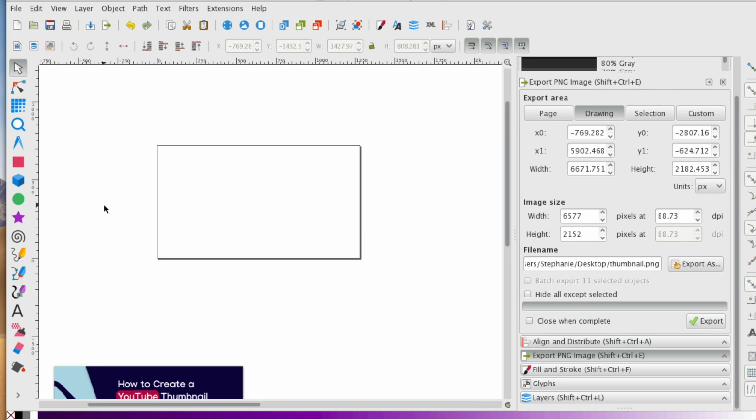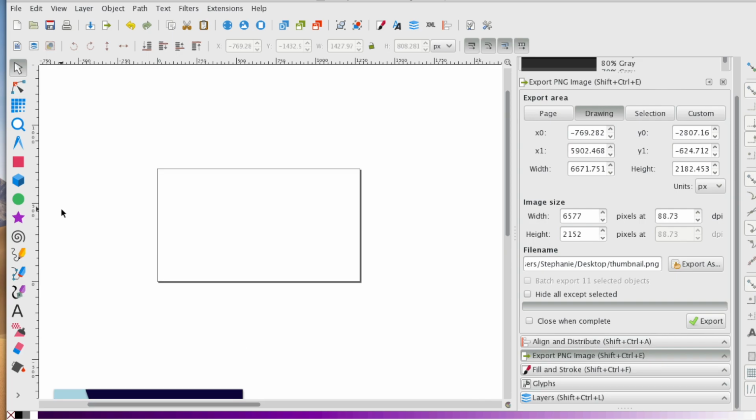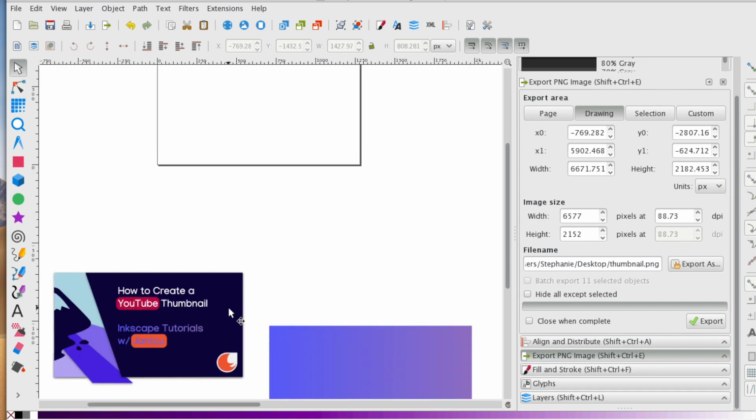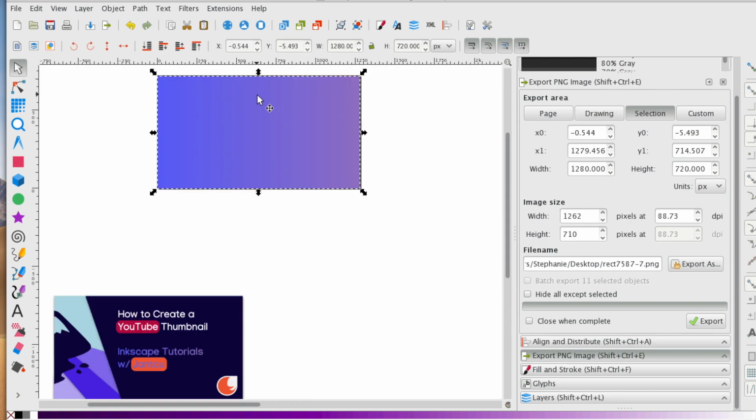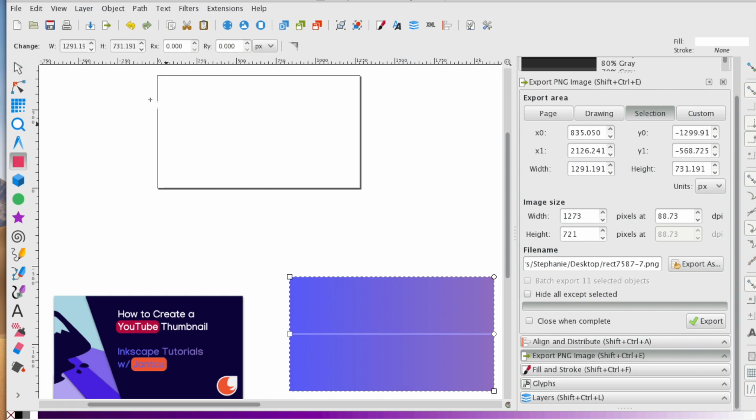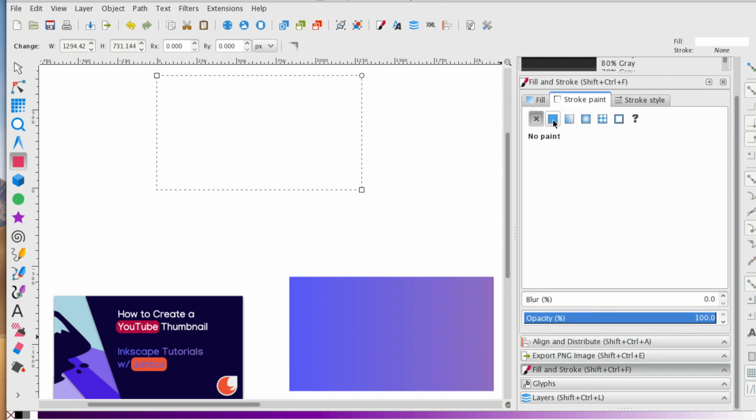Alright, let's start here. So I've made a new thumbnail for the channel, and you can see it right here. It's a little deconstructed. I'm going to cover up the page with the rectangle, this gradient rectangle, and actually let's just start from scratch. Let's start with the rectangle. I'm going to take the square tool, I'm going to select the top corner, drag, hold all the way down, and then to achieve this gradient effect, I'm going to go to the fill and stroke window,